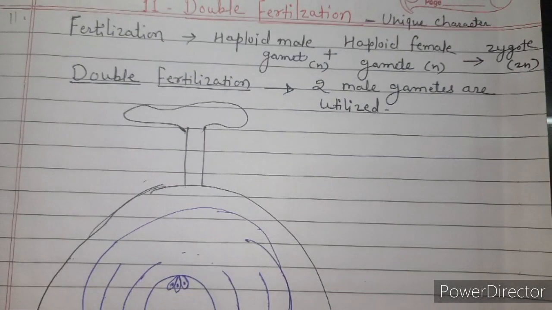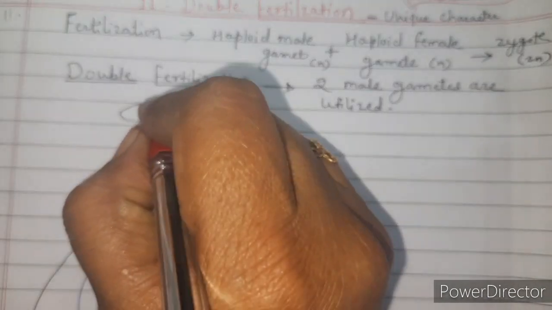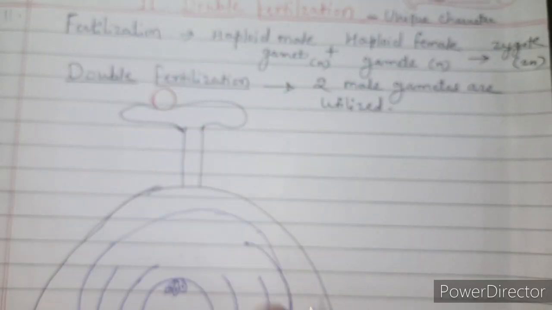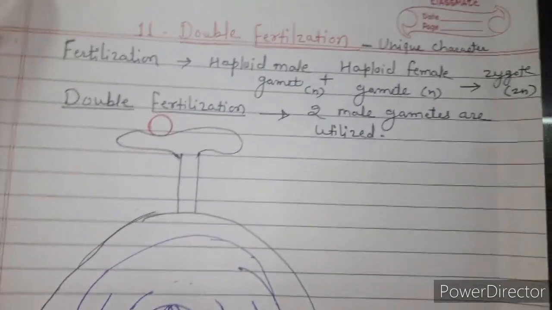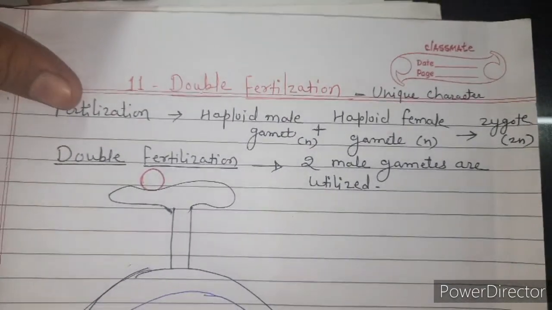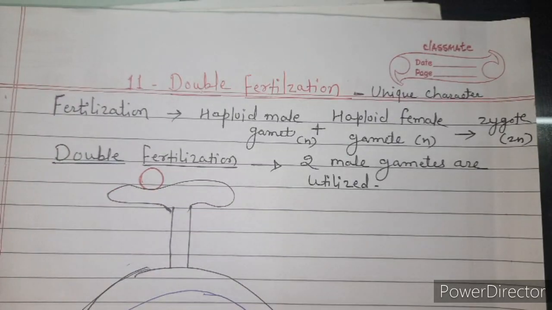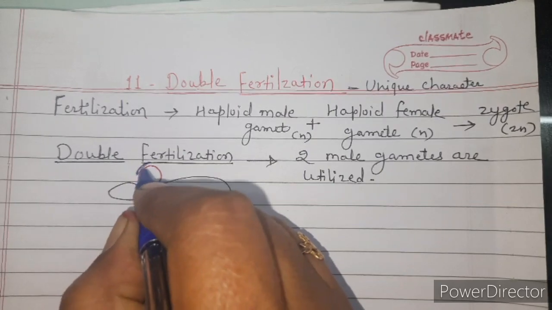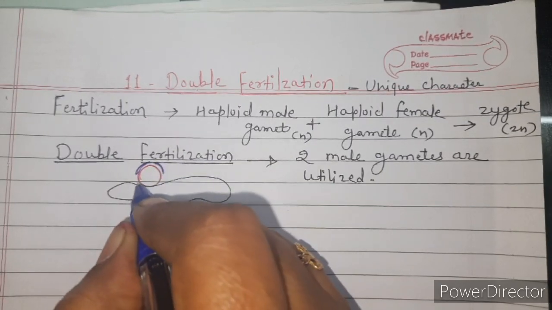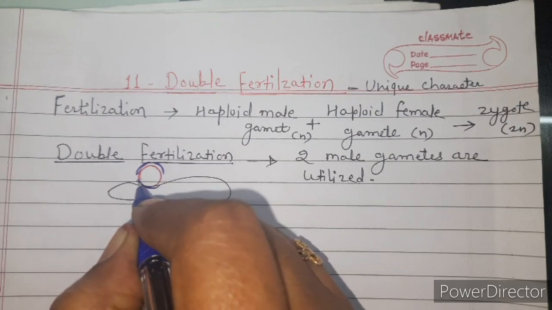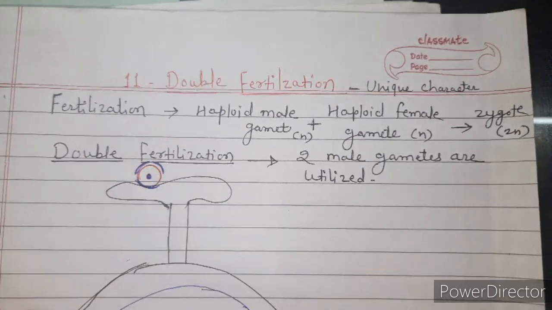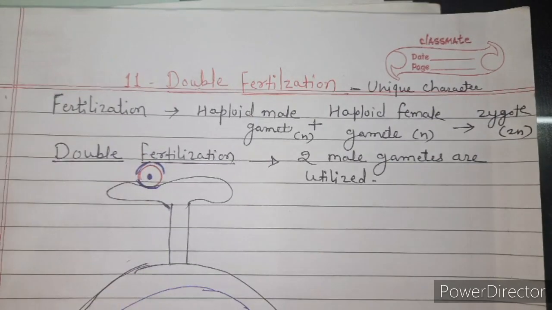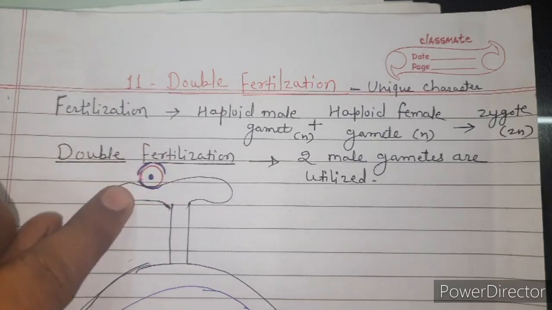Now, see here, you know what happens during pollination? The male reproductive structure, that is the pollen grain or the microspore, falls or gets deposited on the stigma. That process is called pollination. See here, a single nucleus is there, the exine layer is there, this reddish-colored intine is there, etc. So, suppose this is the pollen grain.